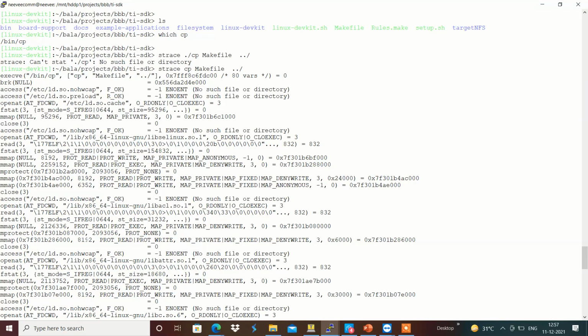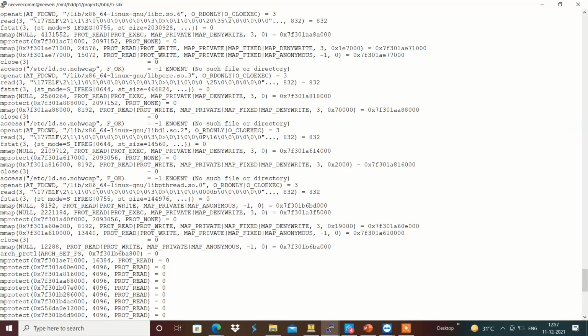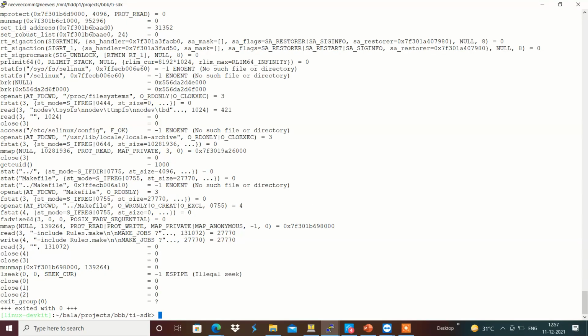For example, we are copying the makefile from here to here, which uses openat, and it reads the content and extracts the content, and then writes that content into the respective output directory. Inside the makefile, it will be opened, and the content will be written using the write system call.